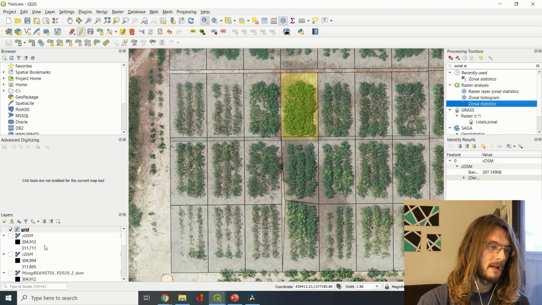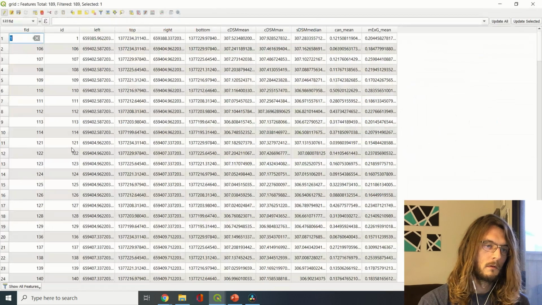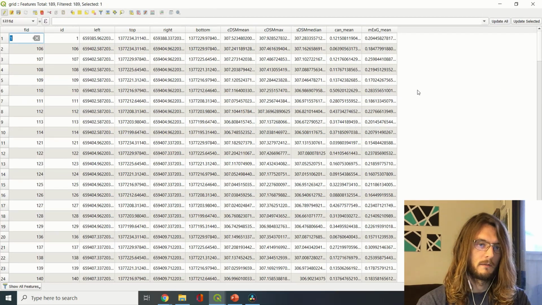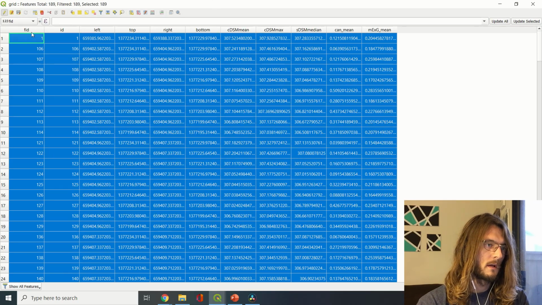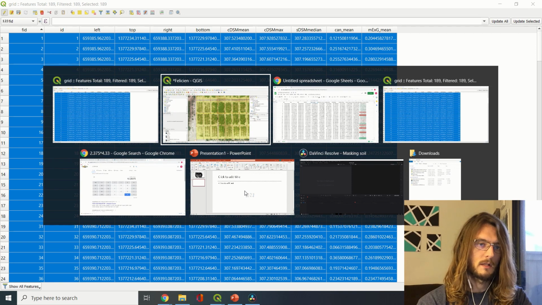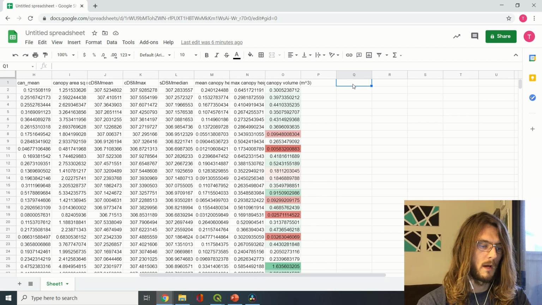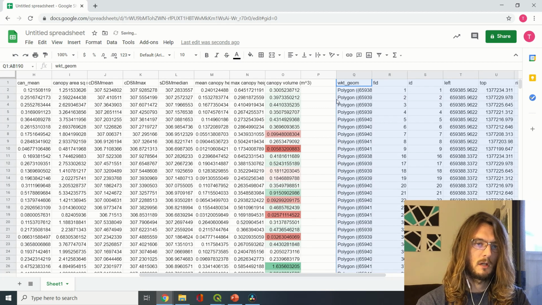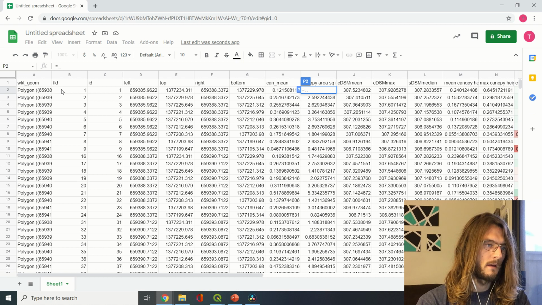And now we can go back into this attribute table. Let's copy all of this. Control-A, Control-C. Oops, let me make sure. It's always super important that this is all the way that we want. And so let's go back to here. I think when in doubt, if you have any question about whether or not the plots are what you think they are, you can do something like equals if that